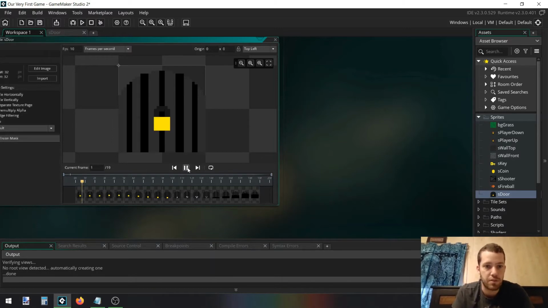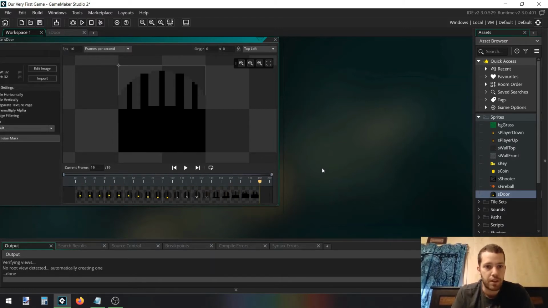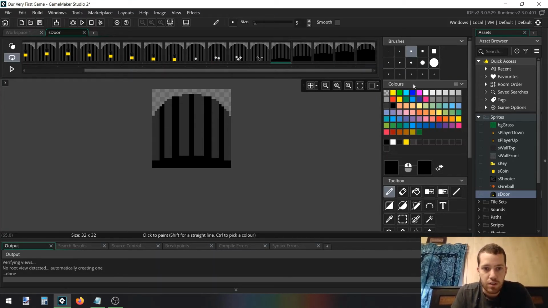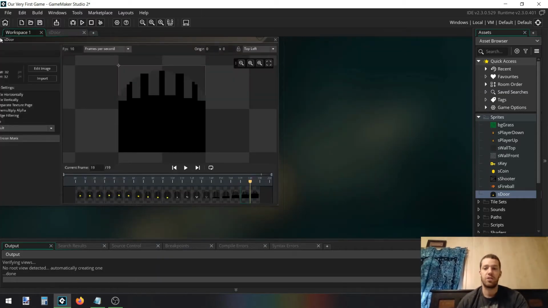10 should be good. Pop it open. Oh, and again, I got my frames all out of whack here. Back to your images. That last frame we should move over. There we go. Okay, so now that we've finished drawing,